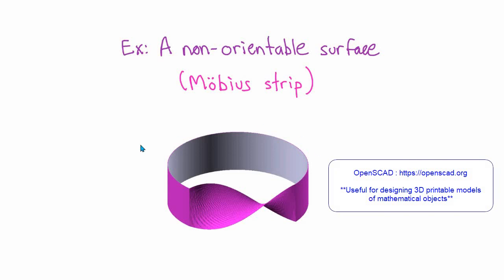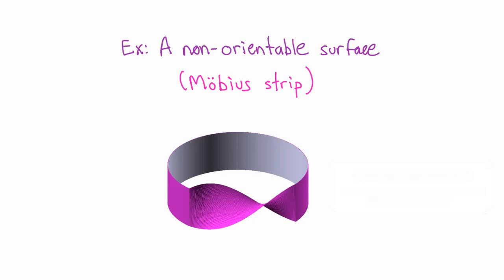I actually 3D printed this one and it came out nice, but the truth is that you can make your own Mobius strip just by getting a strip of paper, putting a twist in it, and taping two ends together. One small disclaimer that I have is that the surfaces that we're talking about in this video are infinitely thin, so you have to try to imagine that this, or your 3D printed model, or your strip of paper is infinitely thin, not having a front side and a back side.